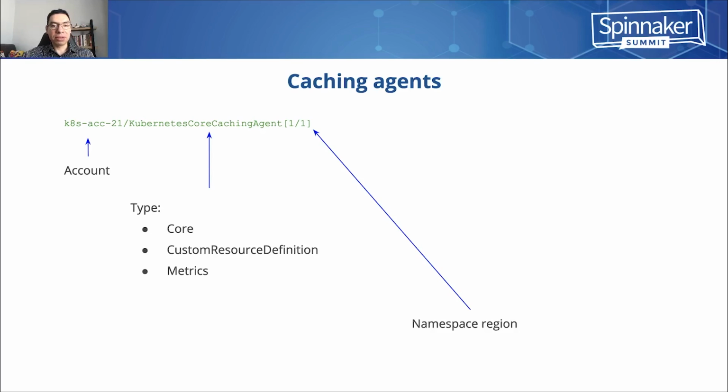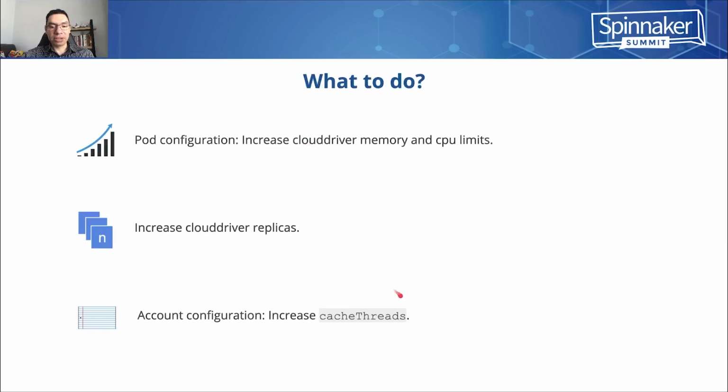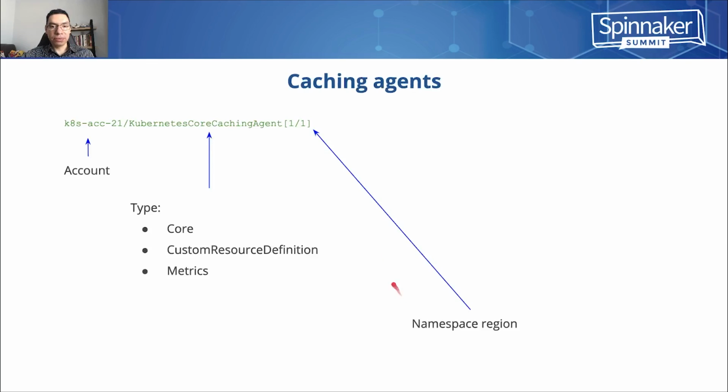For example, if you have an account that has 10 namespaces and you only have one cache thread, which is the default, then this single caching agent that is executing in a thread will cache the information from the 10 namespaces. But if you increase the cache threads to 2, you will have two different caching agents,